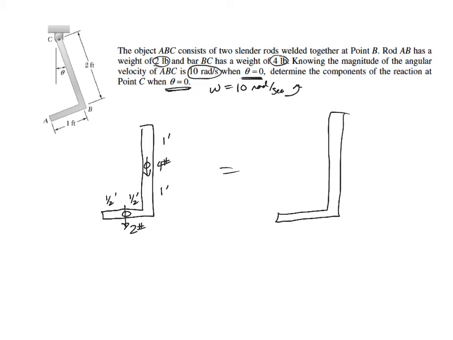Up here, again, at theta equals 0, I've got a CY and a CX. Again, I can just treat these two things as separate. So again, over here, I've got now two centers of mass. And both are going to be, again, relative to a fixed point, which is up there at C. So we've got fixed axis rotation. So at the midpoint of CB, we have